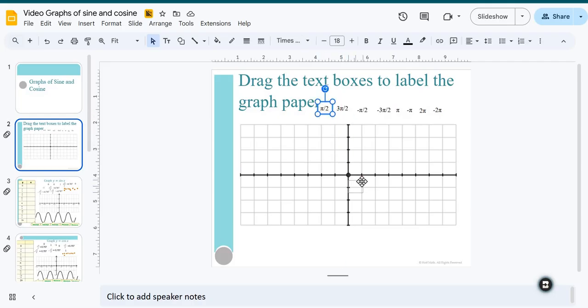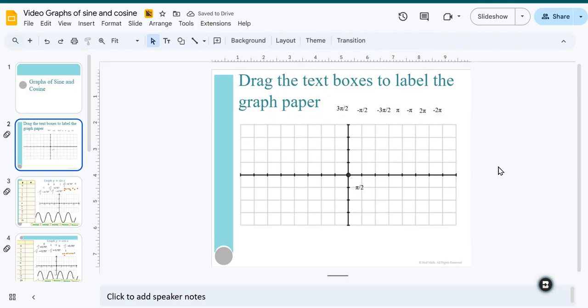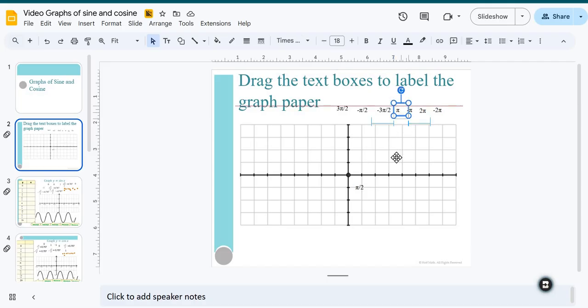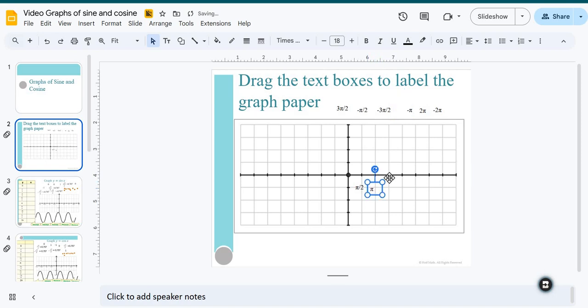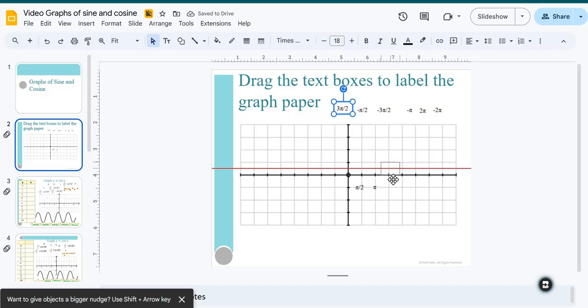Notice that pi over 2 would be the smallest of the ones that we have. Next up is pi, so we are going by pi's over 2. That's going to be our unit. So I have pi over 2, then pi is my next tick mark, then 3 pi over 2,